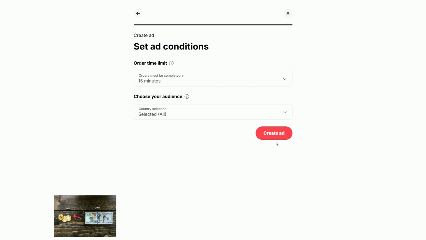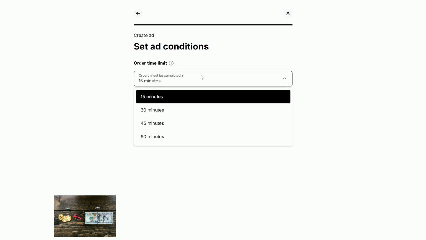So now here you choose how long you want your orders to be completed. So if you are probably doing the P2P like a full-time business, choose the lowest as possible. It means that you're always online and you're always available to process a P2P order. But if you are in school or you got a job or you do certain things and you might not